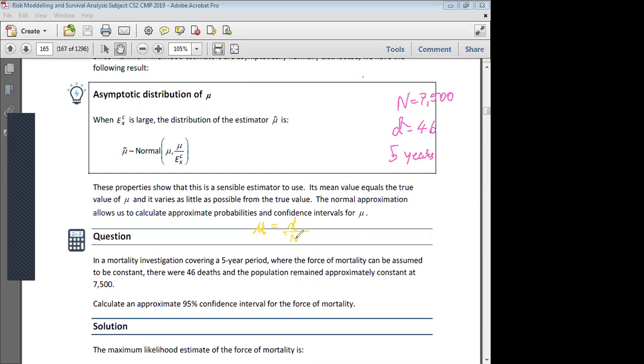So my D and my N are the same, right? D is 50 and N is 1,000. It would be higher in the first case. Exactly right. It will be higher in the first case because in less time you're observing many more deaths compared to the other scenario, where you have so much time and have only observed 50 deaths. So you get the intuition that people are dying at a much higher rate